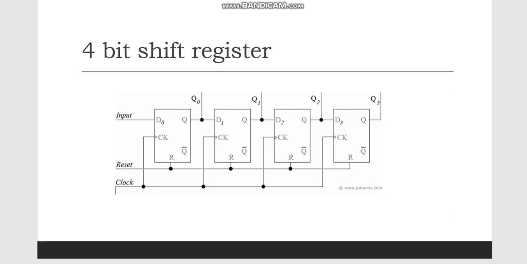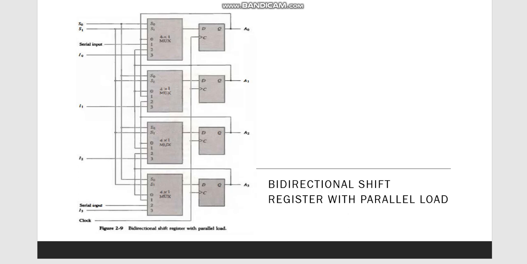Next we see the bidirectional shift register with parallel load. A register capable of shifting in one direction only is called a unidirectional shift register. A register that can shift in both directions is called a bidirectional shift register. Some shift registers provide the necessary input and output terminals for parallel transfer. The most general shift register has all the capabilities listed below. Others may have some of these capabilities with at least one shift operation.